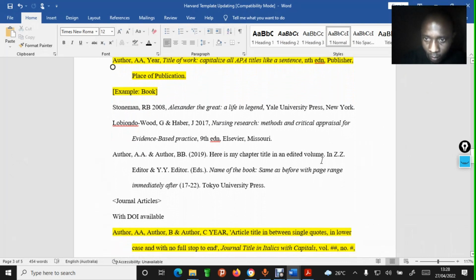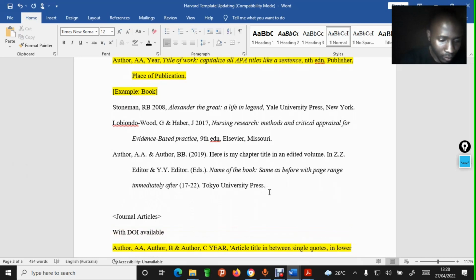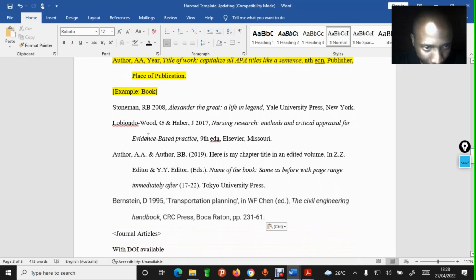This is an edited volume. So I'll put it somewhere here. So Brainstorm D, that one, here is the chapter in an edited volume in ZZ. So you can see now, whatever happens, you can see like here, initials come after the author last name,